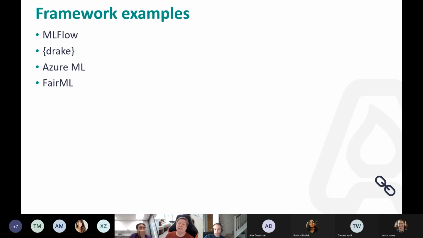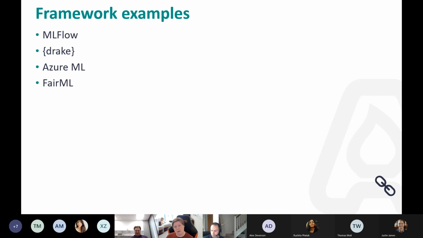There's tons around what's called MLOps, machine learning operations, that can help us work on building reproducible data and machine learning pipelines. There's a few that I'm just going to highlight here, but the link in the slides takes you to a huge list of MLOps capabilities. MLflow is an Apache project that sits in things like Databricks that allows you to log data, experiments, and register outcomes.